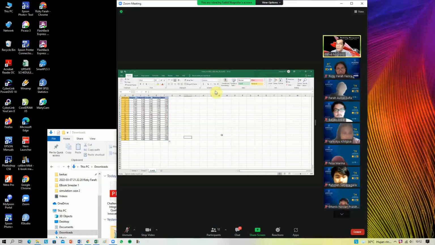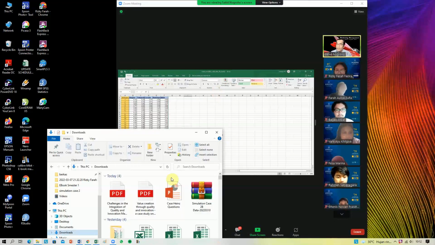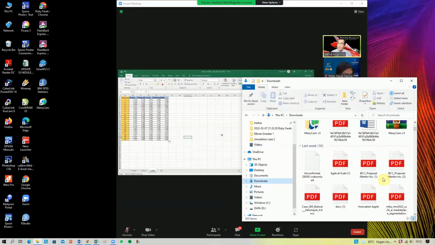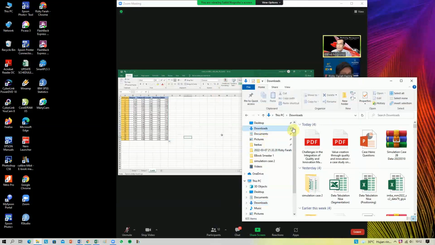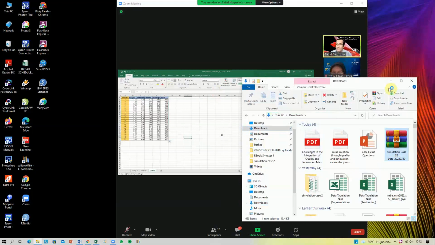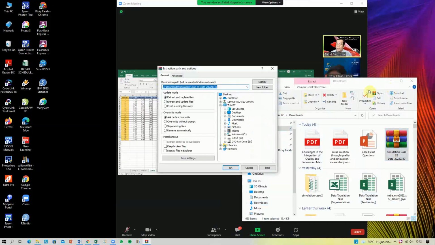So first of all, you open group 1 data, and then you change the file name, save as procedure. You change the name to be the class data, and then you open group 2 data, make a copy, paste to the class file data, and then after that you also make the third table to calculate the average group mean score. And then this is my calculation.